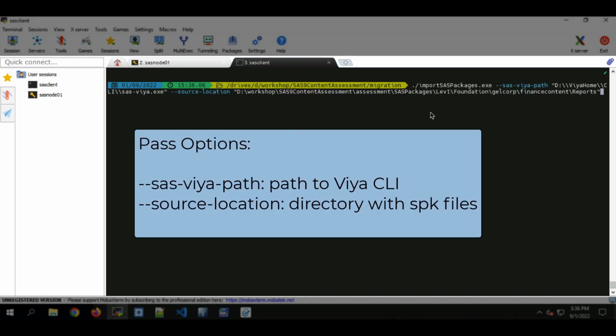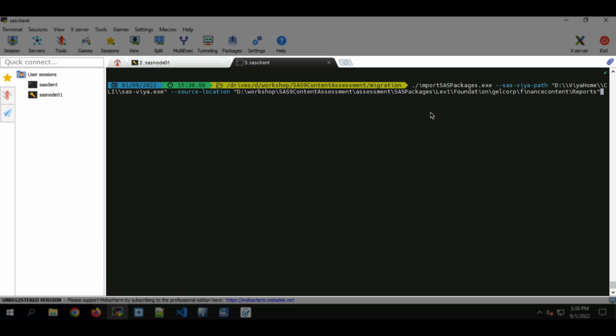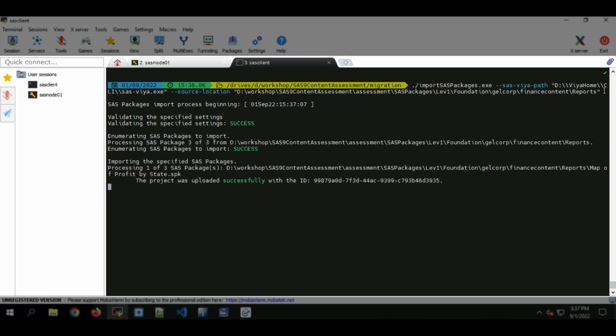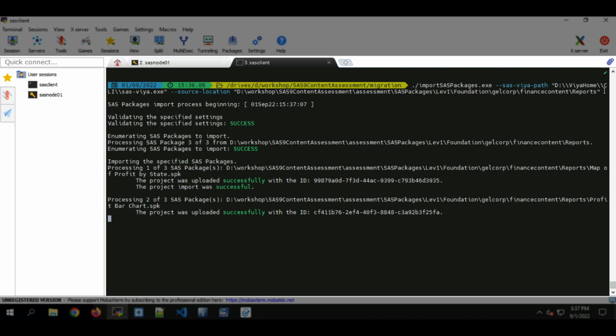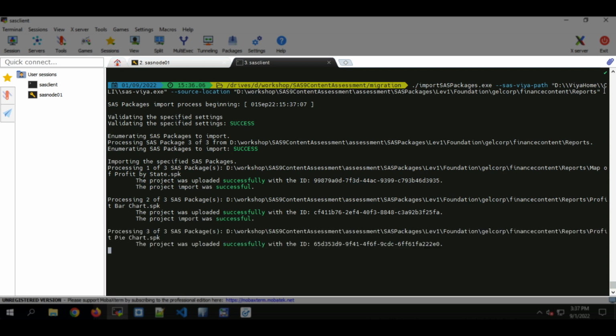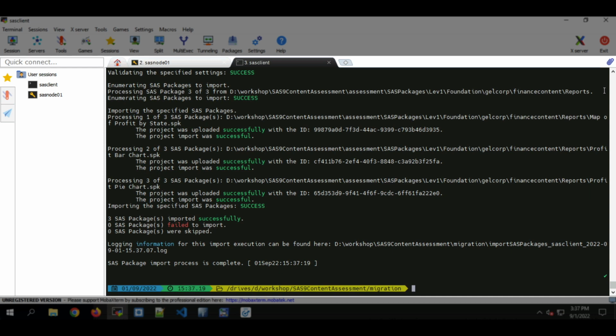To use the application, it's located inside the SAS9 Content Assessment install directory in the migration directory. We run the command import SAS packages, we pass it the location of the Viya CLI, and we pass it the source location of the packages. So that's the directory where we stored the packages, and run it, and it will go through and import all of the packages that are in that directory. You can see it here looping through the packages and importing them. There's our bar chart package, the second one, the final package importing, and we should get a message that it